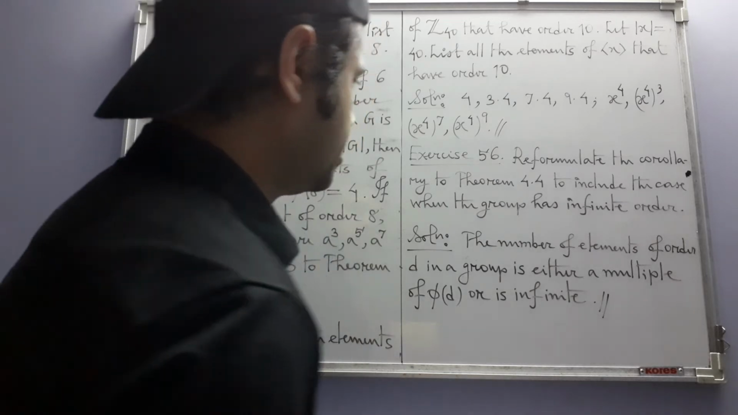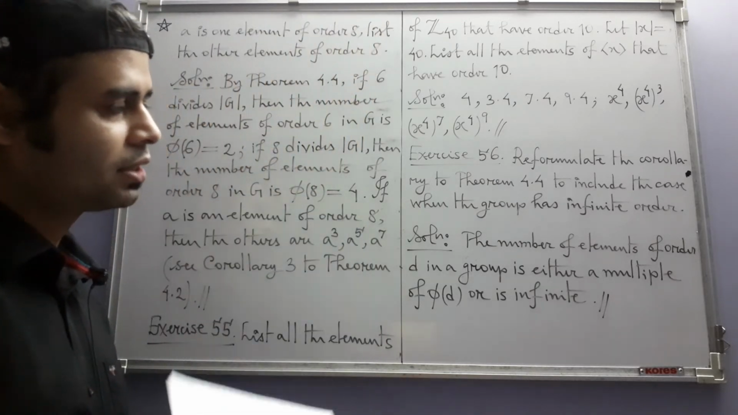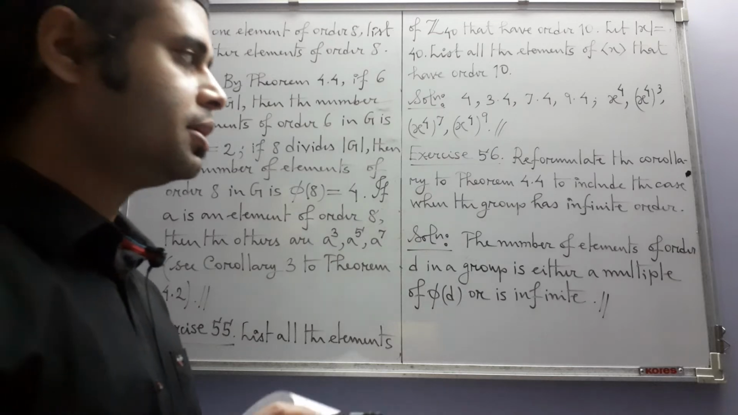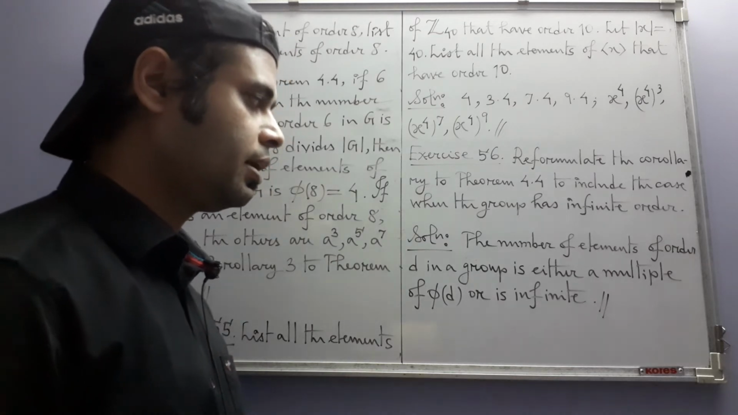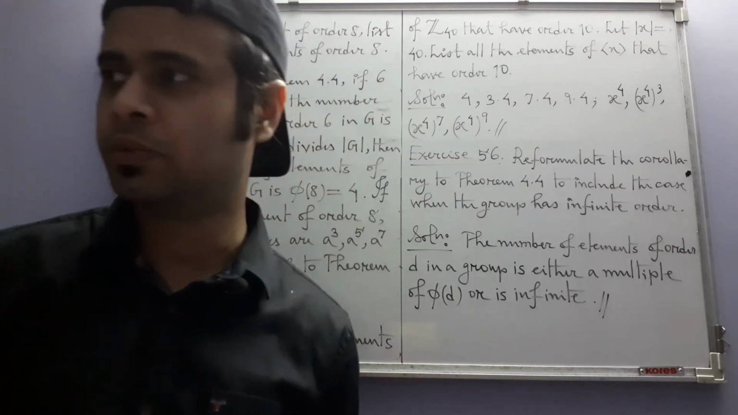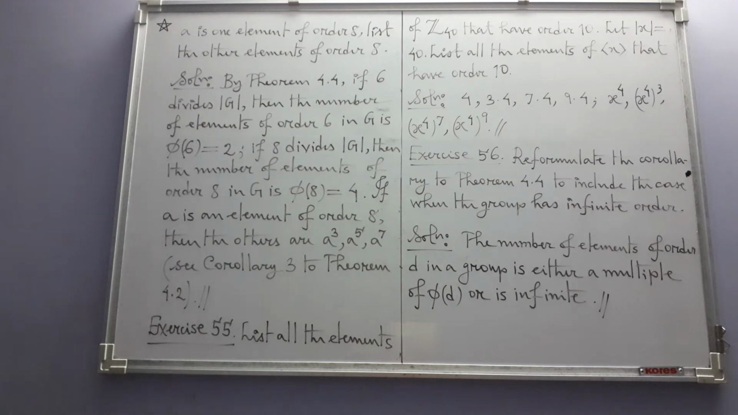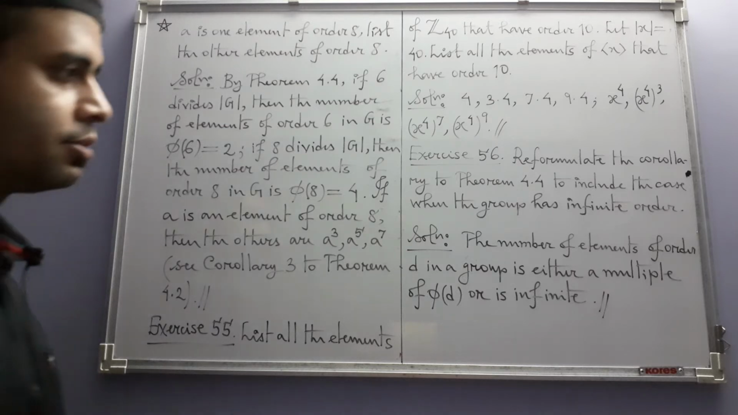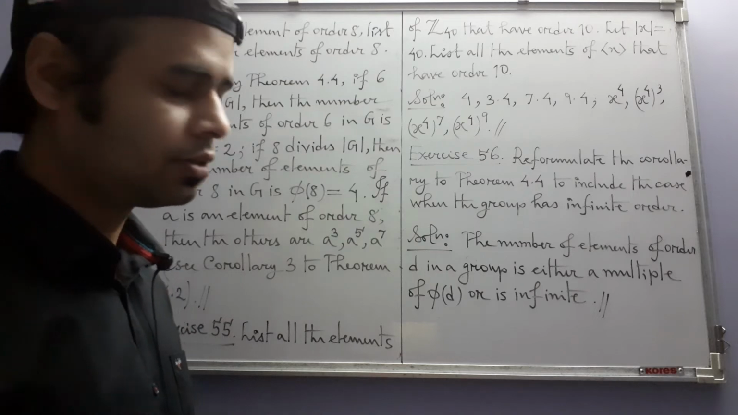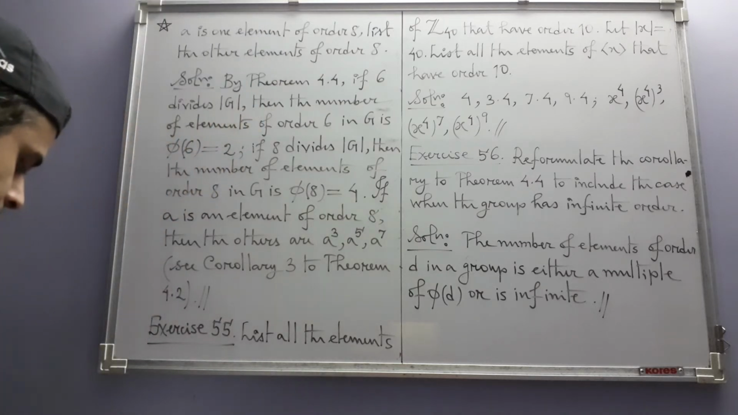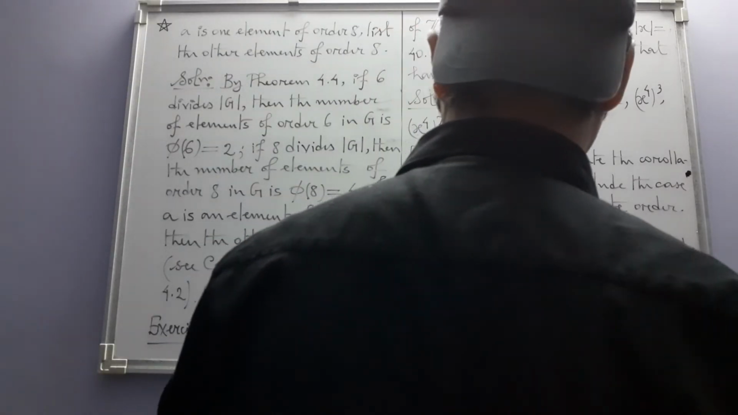But corollary, have I got it right? I mean, this result doesn't say anything about cyclic group, does it? In a finite group, the number of elements of order d is a multiple of phi of d, and we are just simply taking an infinite group. Fine. Then